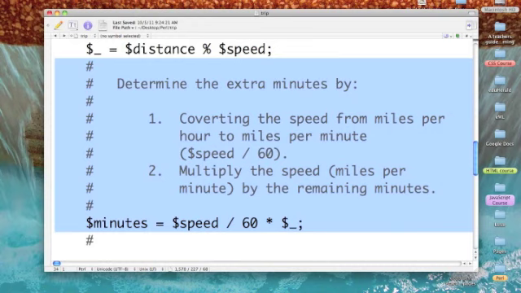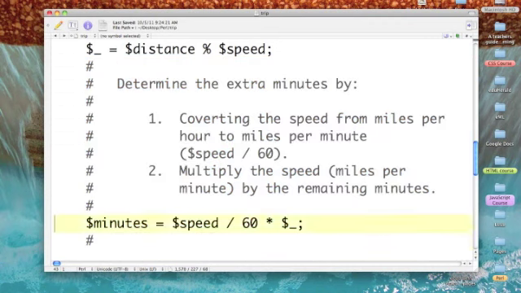Second, we multiply the speed in miles per minute by the remaining minutes. So, my line, minutes equals speed divided by 60 times the undefined variable, will tell us how long it will take to drive